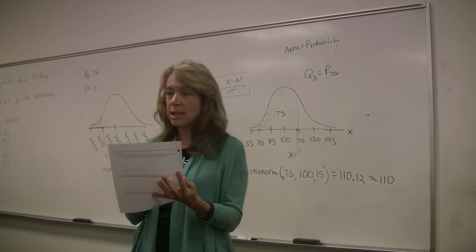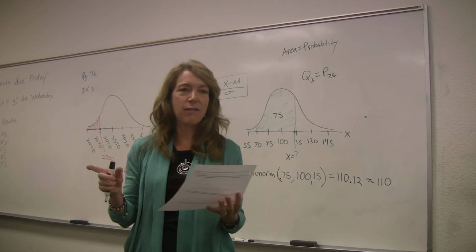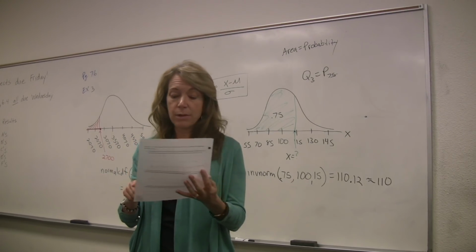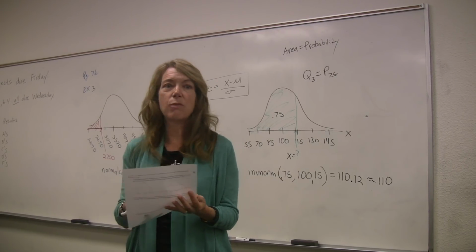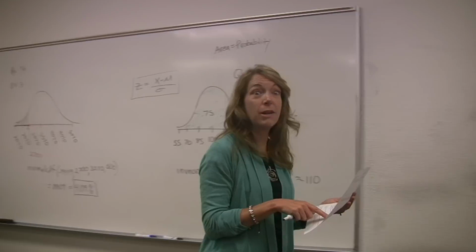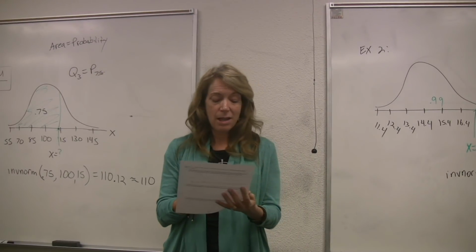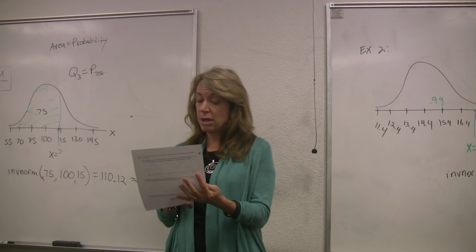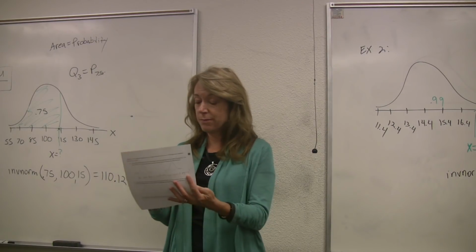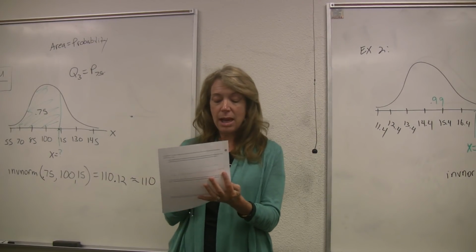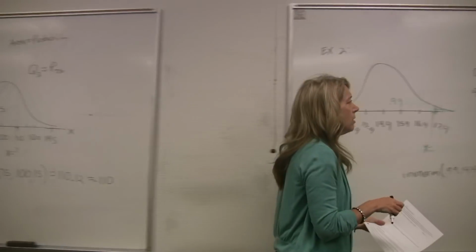If you have any distribution with a mean and standard deviation like we've been talking about, and your sample size is big enough, greater than 30, which is why I made you do 40 for your projects, then the sample means have a distribution that can be approximated by normal. That's good for us because we've been doing normal. With the same mean and this new standard deviation,